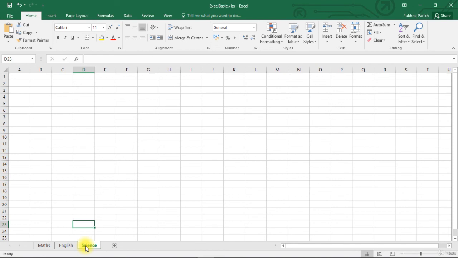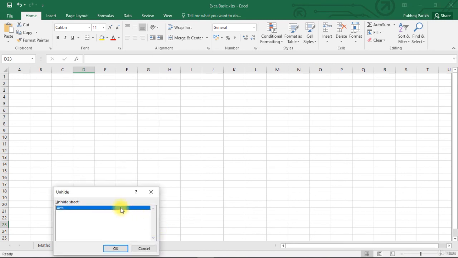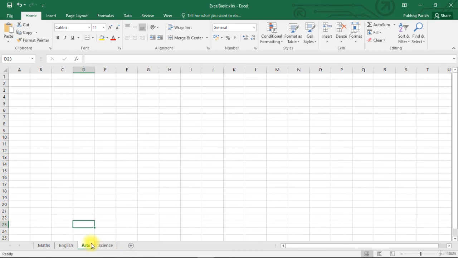Other sheets containing detailed data are hidden. If anyone wants to look at that data, they have to unhide the sheet. To unhide the sheet, they have to right click in this bottom tab area and select the unhide option. Here you will see all the hidden sheets. Select the sheet you want to unhide and click on OK.